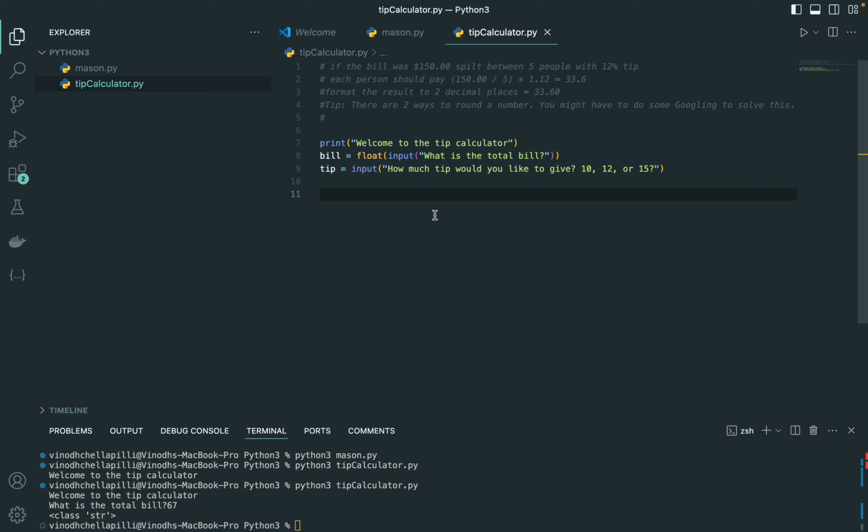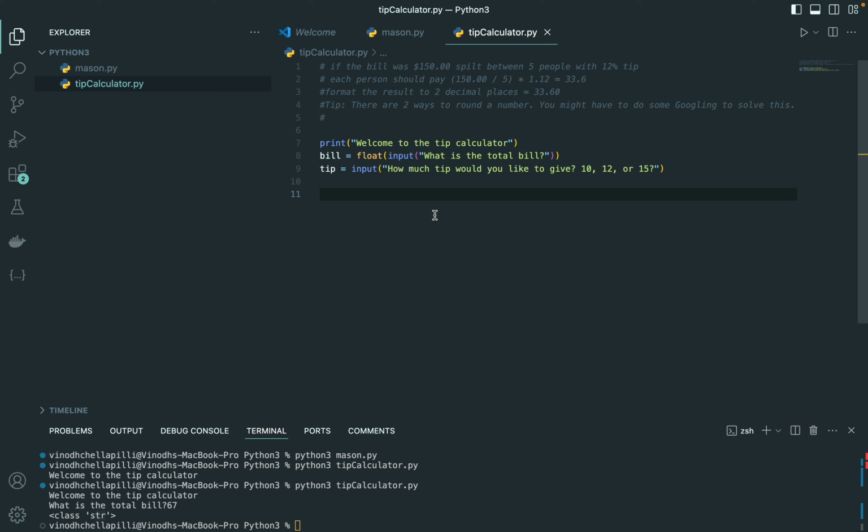Do you think the bill, so the tip will be int or float? Floats. Guess. That'll be integer. Integer. Or no, it'll be float. No, integer only. Because if you think carefully, when you go to the restaurant, you say, I'm giving 10% tip,